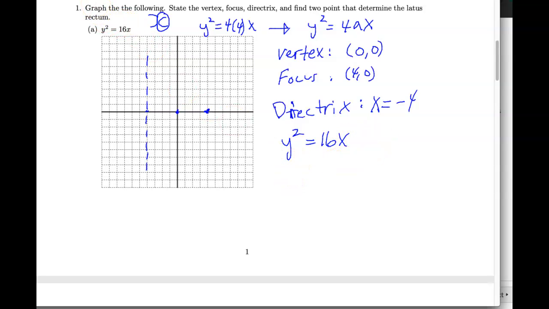So we're going to end up with y squared equals 16 times 4, which is 64, which means when you square root both sides, y will equal plus or minus 8. And so then you know that the points for the latus rectum are going to be 4, plus or minus 8. And when you graph that,